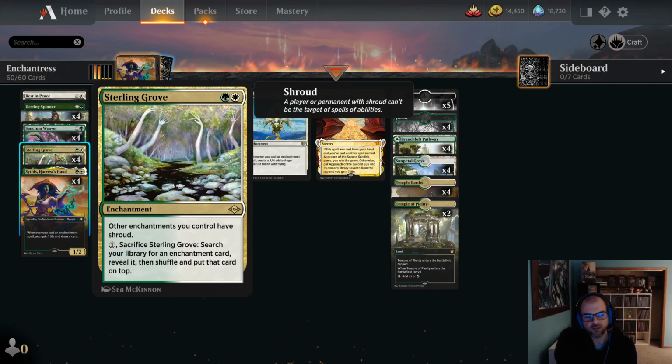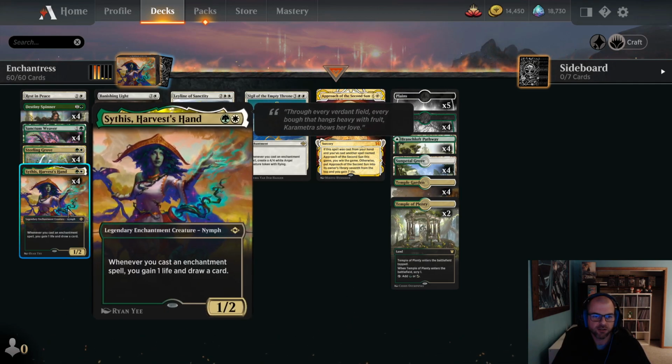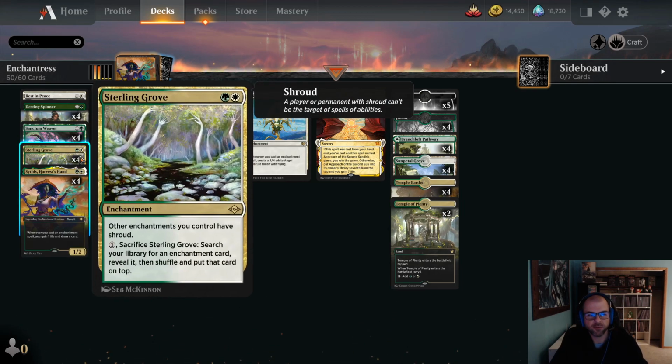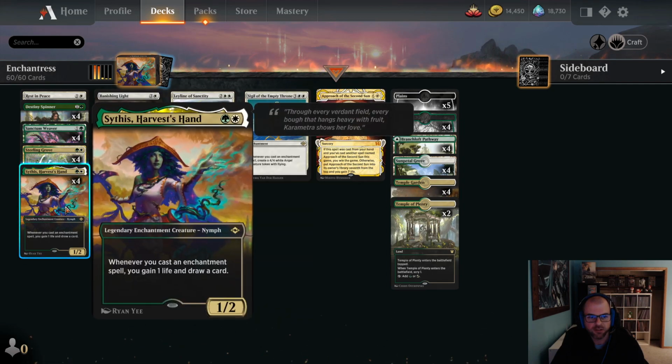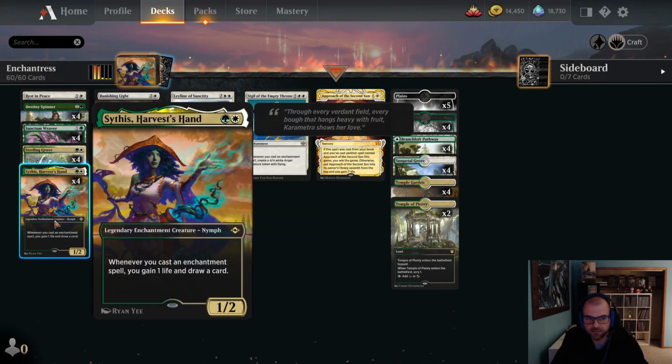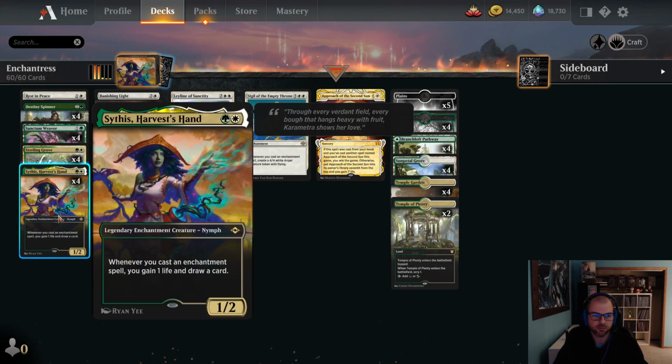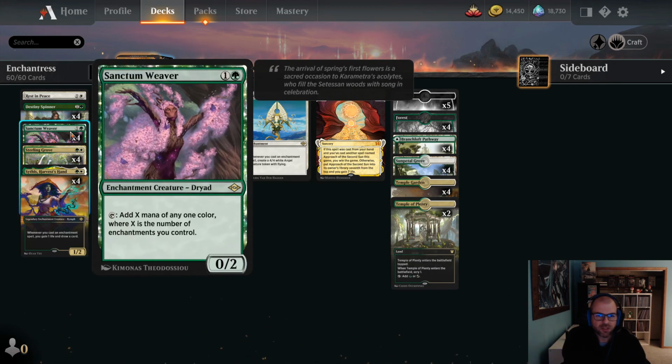We're giving all of our enchantments shroud and the ability to, for one colorless, go search up any enchantment in our deck. This card is powerful in that sometimes you're going to want to play this before you even play your Sythis, especially against decks with lots of removal. It may seem a little counterintuitive, but you want to get this in play and just lock out any shock effects on Sythis so that you can get as much value from her as possible, as well as Sanctum Weaver,